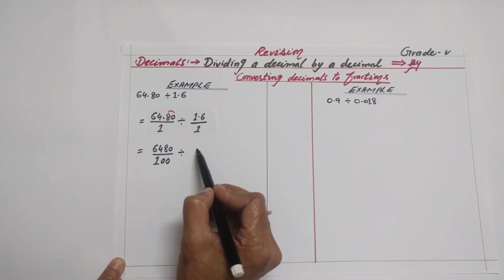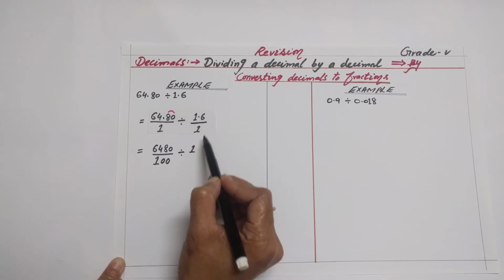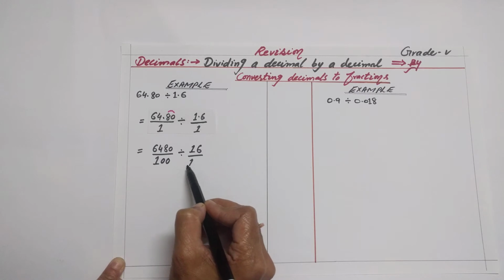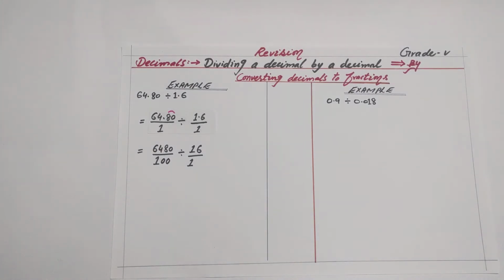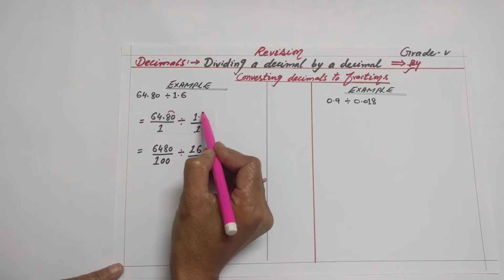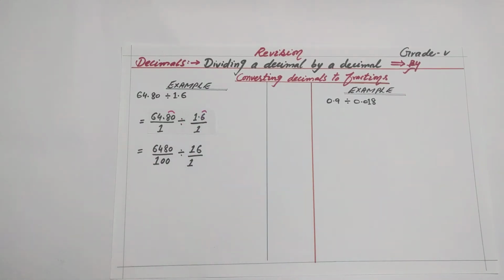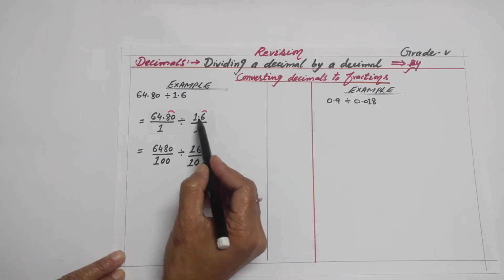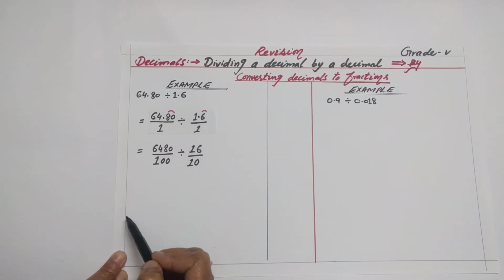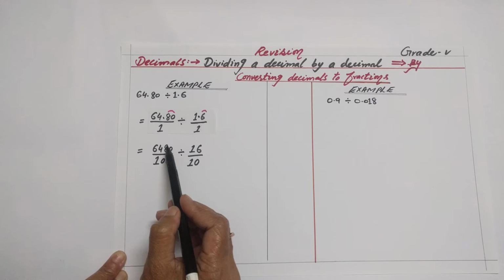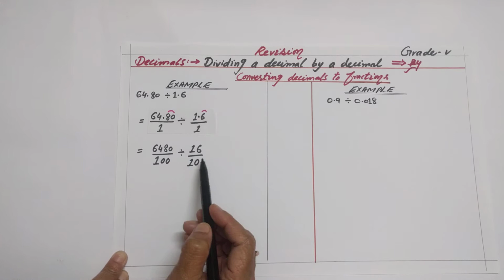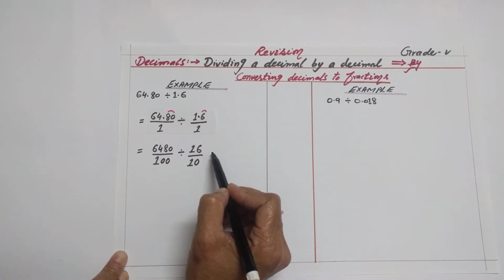Same with the second one, we will repeat the same procedure. We will write this decimal number as a whole, and in the denominator again we will check the decimal places in the given decimal number. Now as we have only one digit, so it's one decimal place, so to remove the decimal from this decimal number, we will put 10 because we have only one decimal place. Got it? Now our decimal numbers are in the common fraction form.